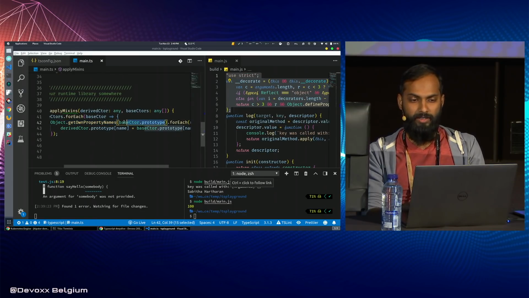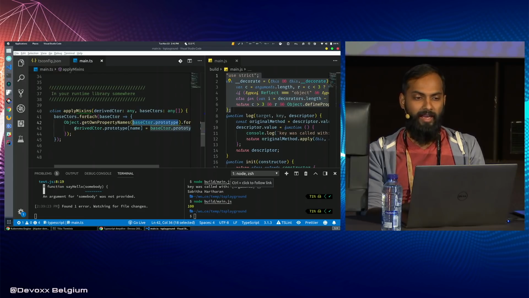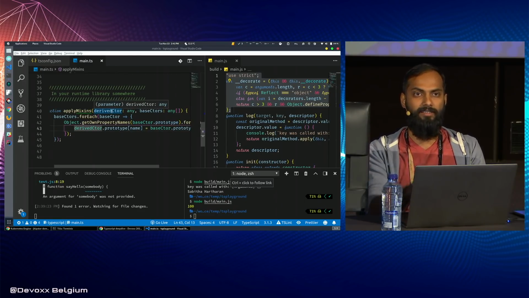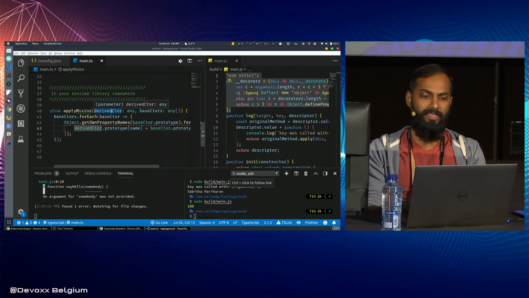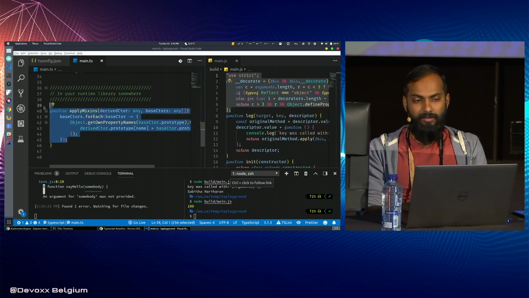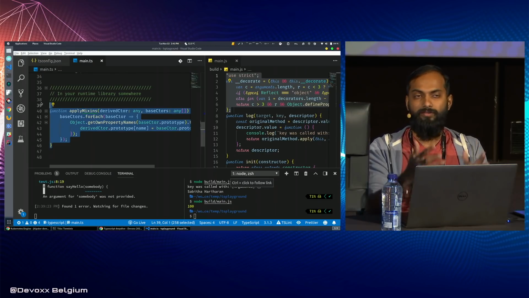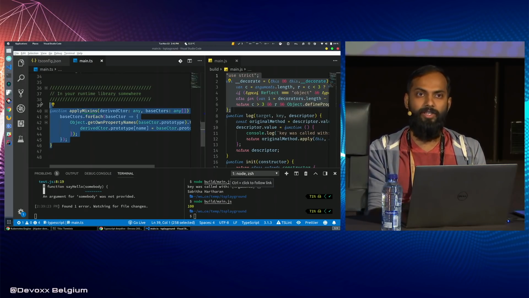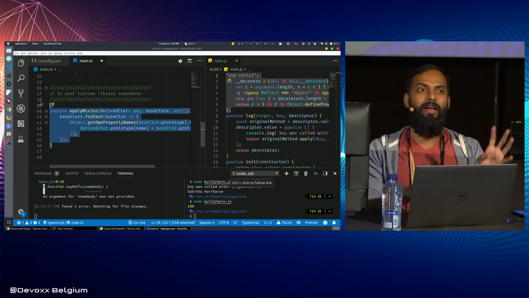You can see the own properties of the prototype, not the class itself, right? Only for the prototype. So it gets all the own properties of the prototype, iterates through them, and assigns them to the derived class, the class to which you have to mix in, right? So it's quite straightforward. Classic JavaScript magic, where you can dynamically manipulate